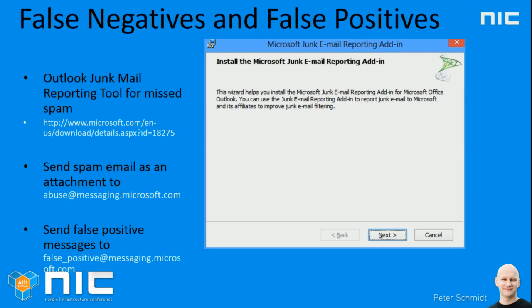So what about false positives and false negatives? Well, we have the possibility of rolling out an add-in for Outlook, where the users are able to report back. And it's not back to us as the admin, but back to Microsoft, helping Microsoft optimize the spam engines. We can also send back to certain mail addresses, telling Microsoft that we received a lot of mail that wasn't caught in the system and is spam to us. And that way the spam analysts from Microsoft can go in and evaluate this and optimize the systems even further.